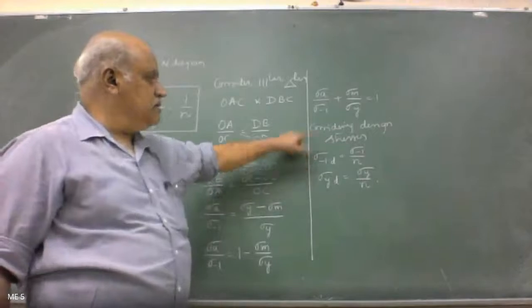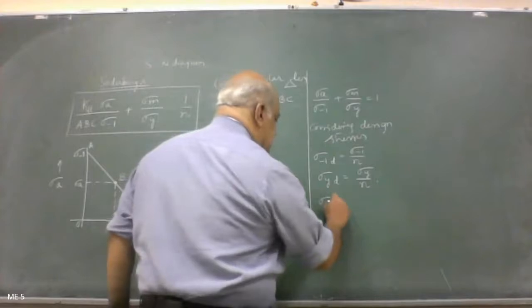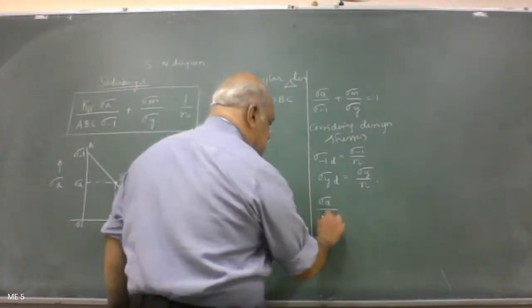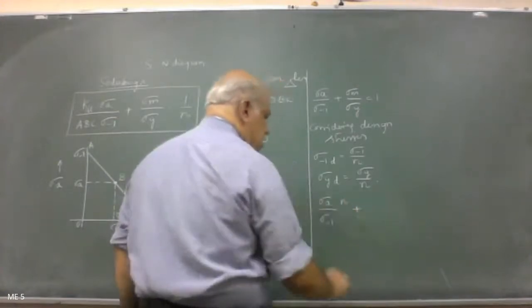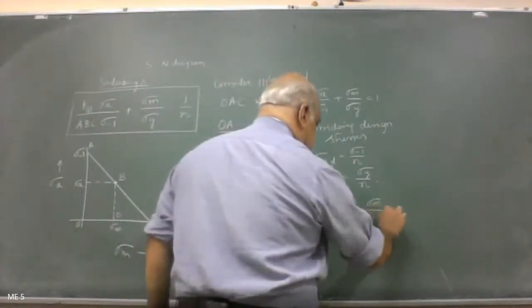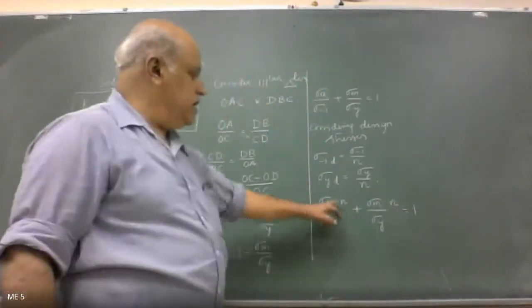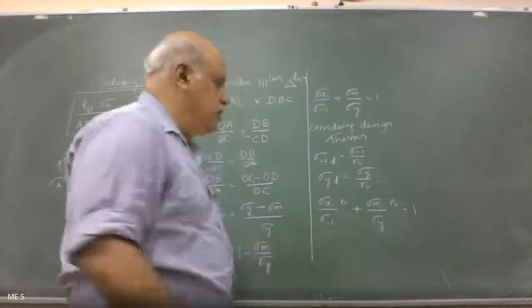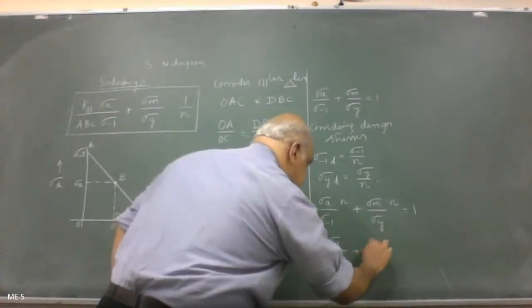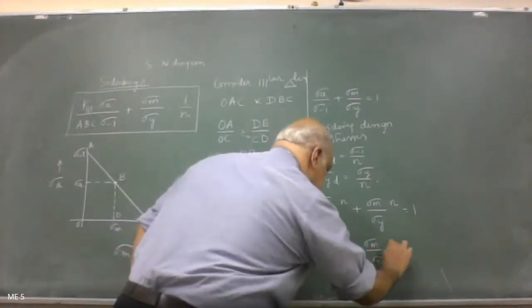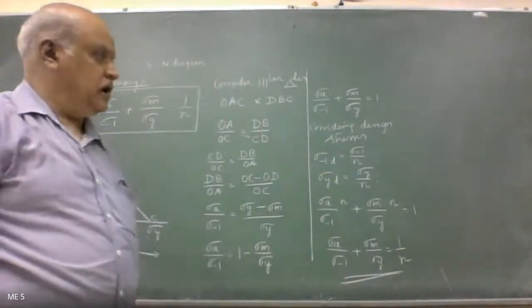So these two parameters I am going to incorporate in the above equation. Then what happens to the equation? That's going to be stress amplitude divided by sigma endurance divided by N, so N goes to the numerator, plus sigma mean stress divided by sigma y divided by N, is equal to 1. So now I take N common and transfer it to the right hand side. What I am going to get is sigma amplitude divided by sigma endurance plus sigma mean by sigma y is equal to 1 by factor of safety. Is that okay?